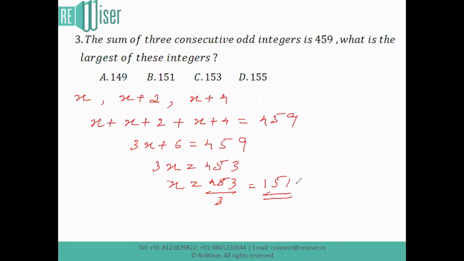Okay, this 151 is the first odd integer, and they're asking to find the largest of these odd integers. The largest of these odd integers will be x plus 4, which is nothing but 151 plus 4, which results in 155. That's the reason it's